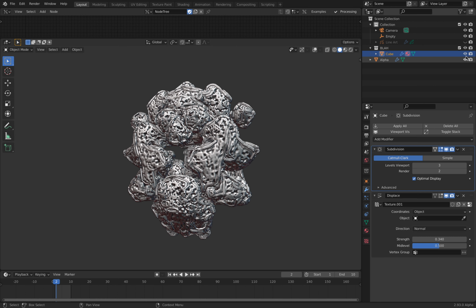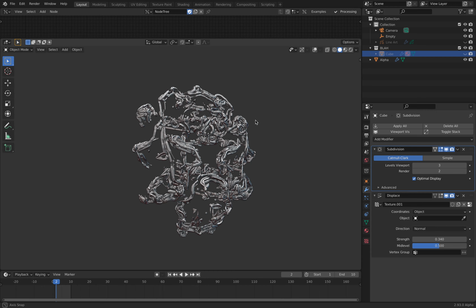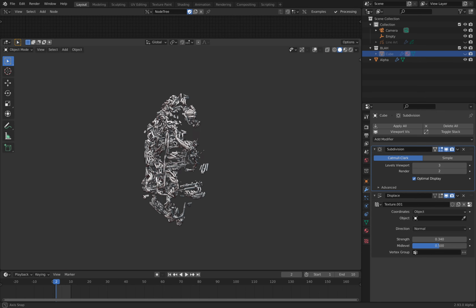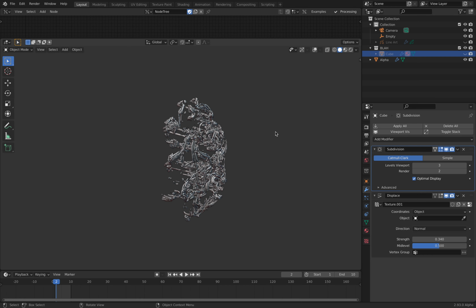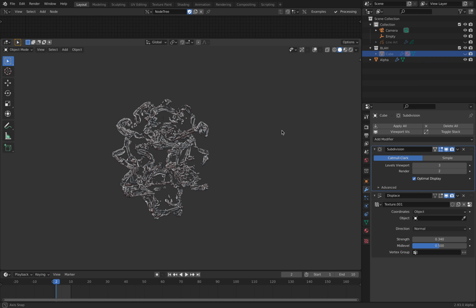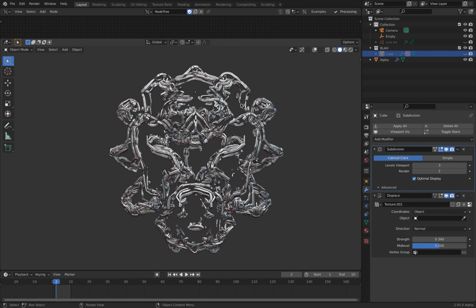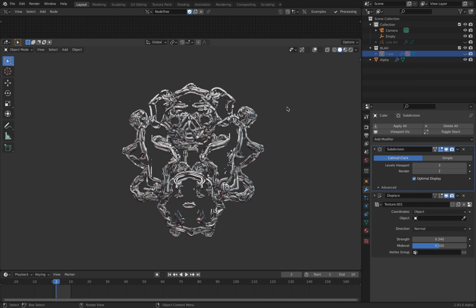However, the line is really interesting. So this is the grease pencil that's been baked, and it's become the new details. But of course, because it's projected from one camera, this is all the details we get. Maybe I should use two cameras. But there you go. That's how I created this mecha robot